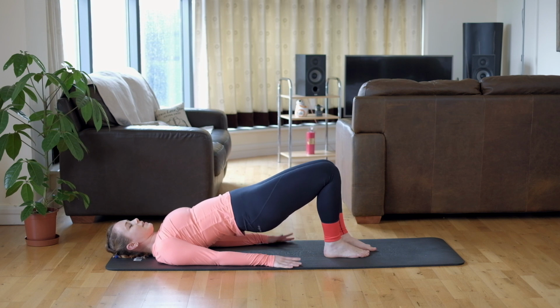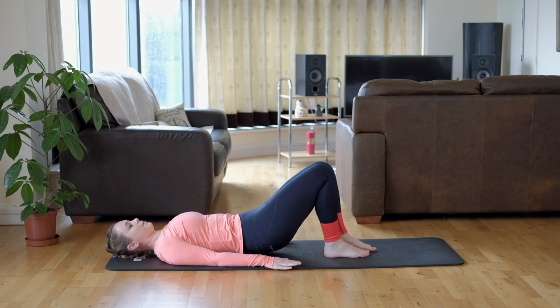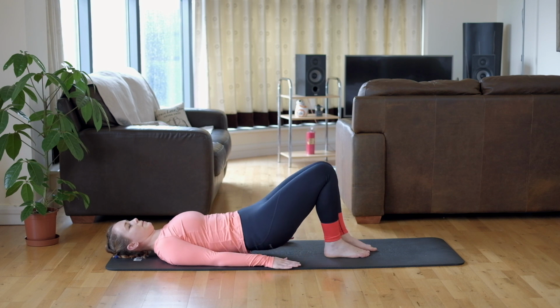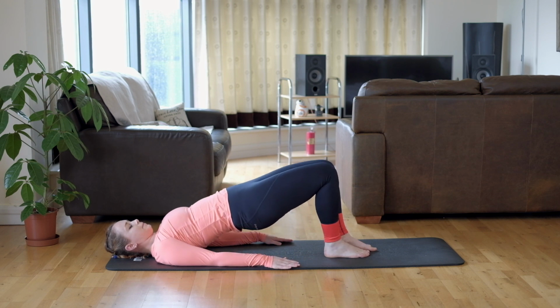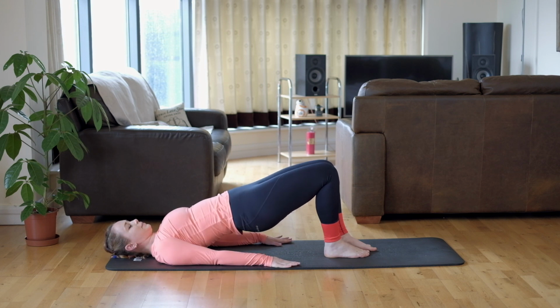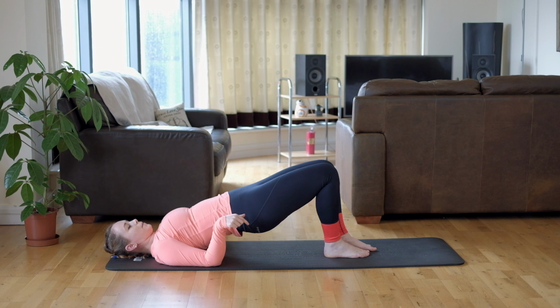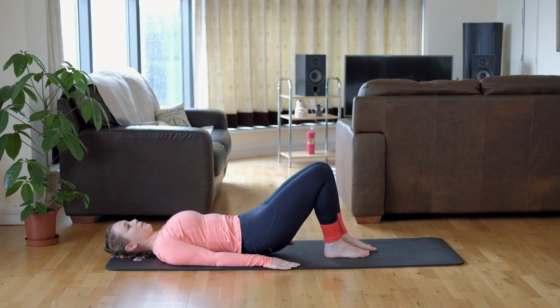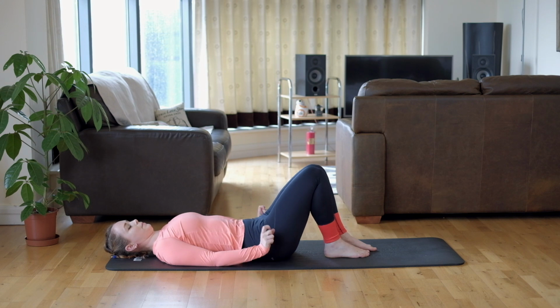Inhale, and then on exhale, we're gonna roll ourselves back down onto the mat with the control one vertebra at a time. Perfect. Inhale, come up into the shoulder bridge. Remember your shoulders, hips and knees are aligned. Hold, and then with exhale, roll yourself down onto the mat, middle back, lower back, and the bum is last